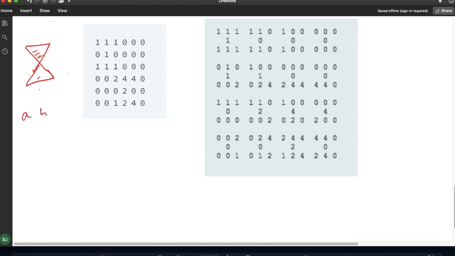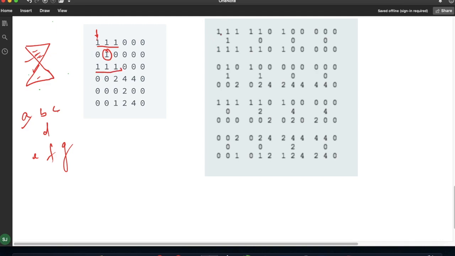They have said A, B, C, D, E, F and G. So we have to generate this type of structure whose elements will be A, B, C, D, E, F, G. From the given array, if I start from here, my very first structure will be these three elements for A, B, C, for D, this will be the middle one, and for E, F, G, this will be the lower three values.